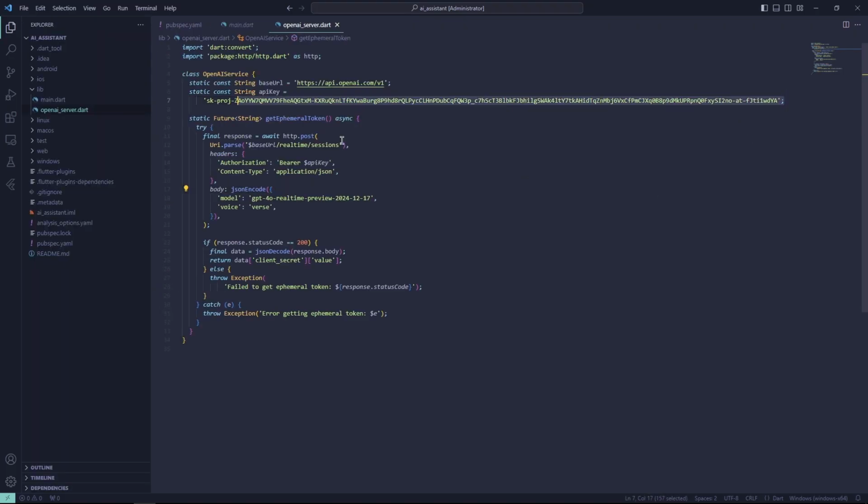I'll remove this API key from the OpenAI service after the video has ended. So there's no point in using my API key because it won't be of any use. Okay. Other than that, I want to use the real-time API